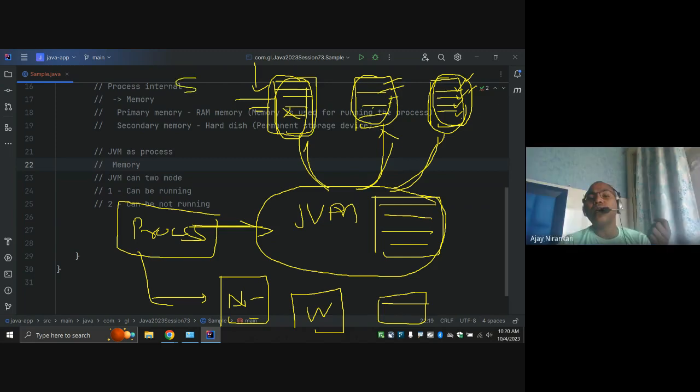Single thread means sequential execution of your code. Similarly, the JVM offers that you can run multiple sequences: one sequence, another sequence, another sequence. Whenever we have multiple sequences, that means multi-threading.